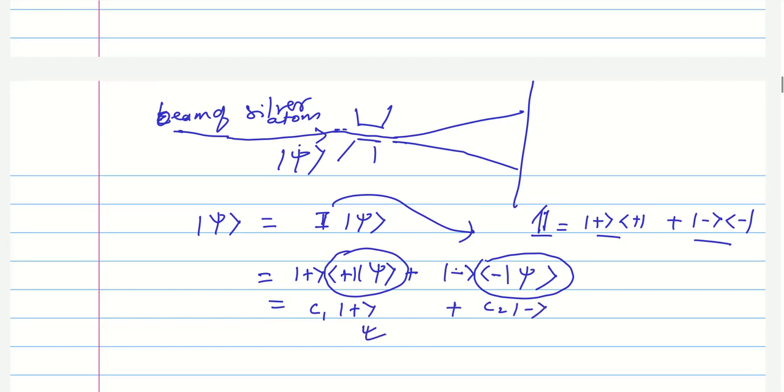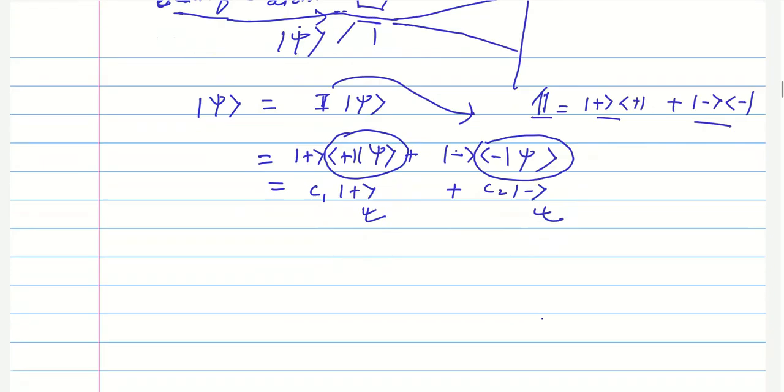So you see, we have written now this wave function for the silver atom as a linear combination of two eigenkets. So these eigenkets correspond to possible spin. So either spin is up or spin is down, and on measurement you will get one of the two possible eigenkets. So hope you have understood.